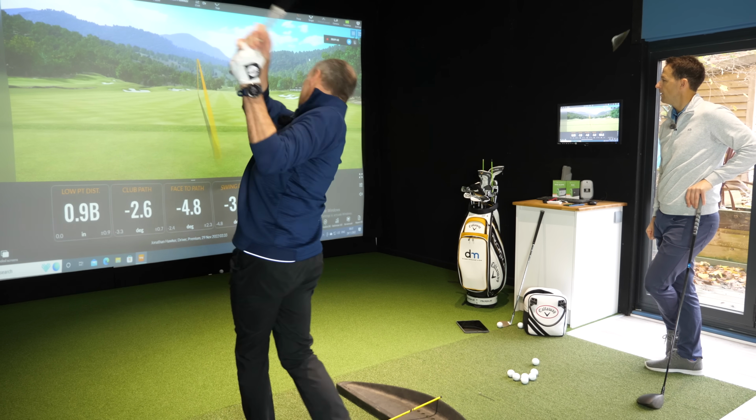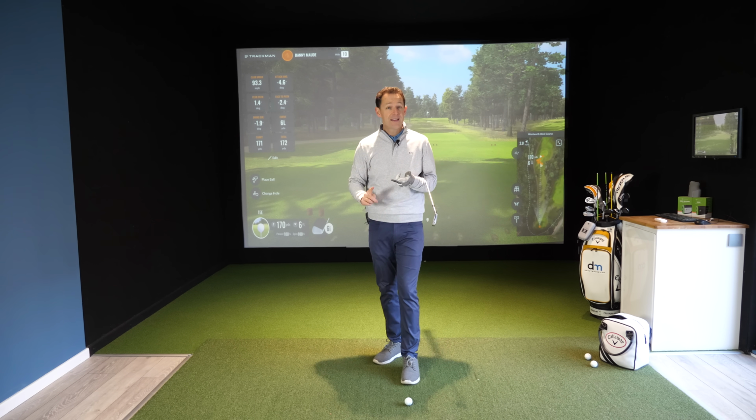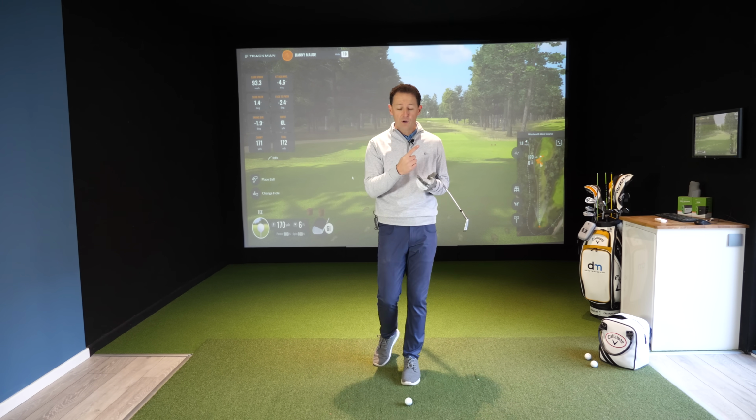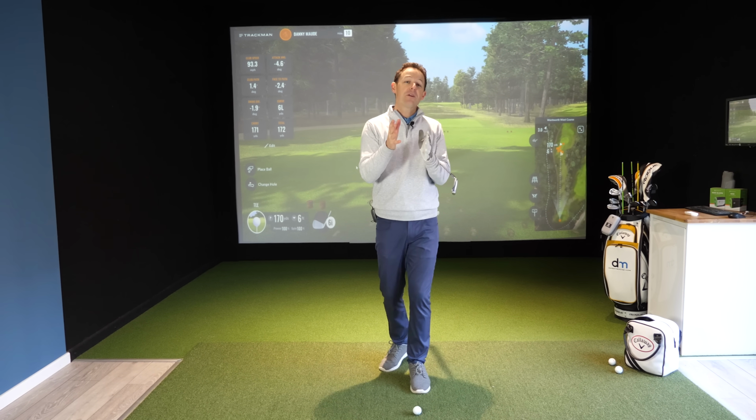But he said, Danny, the second challenge is probably more important to me. I'm hitting driver all over the place. I'm losing distance. The ball's flying way out to the right-hand side and it's costing me loads of golf balls. My handicap's going in the wrong direction, as is my scores. Can you help? So what we're gonna do in this video is I want to bring you in on the